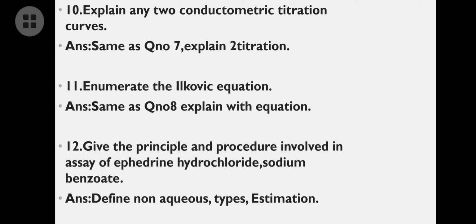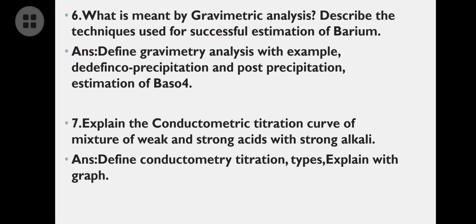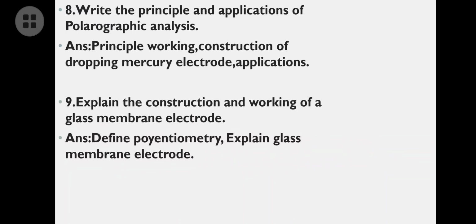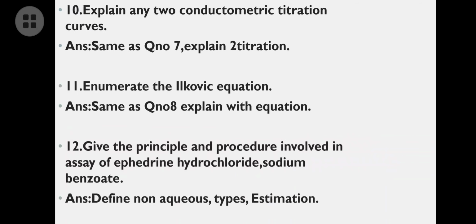See, same as question number 7. What you have to do: define conductometric titration, write the types, and explain with the graph. What do you have to explain with the graph? Strong acid and strong base you have to explain. Then take one more, strong acid and weak base. Then, enumerate the